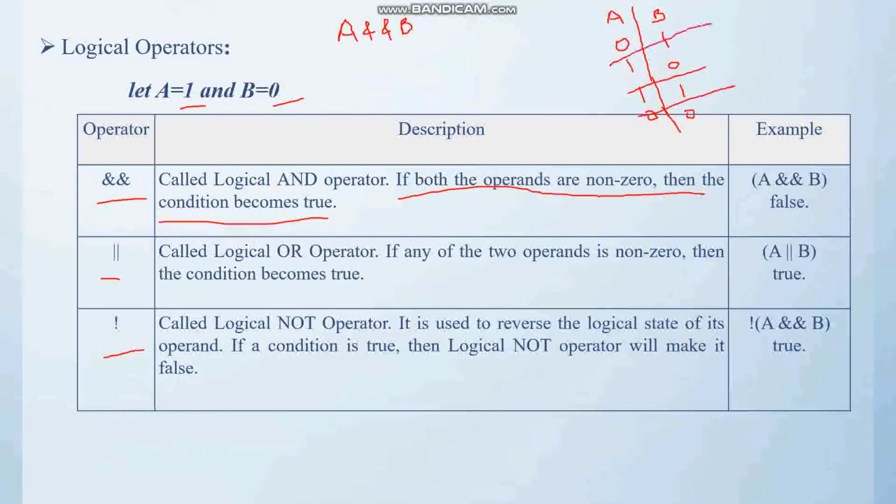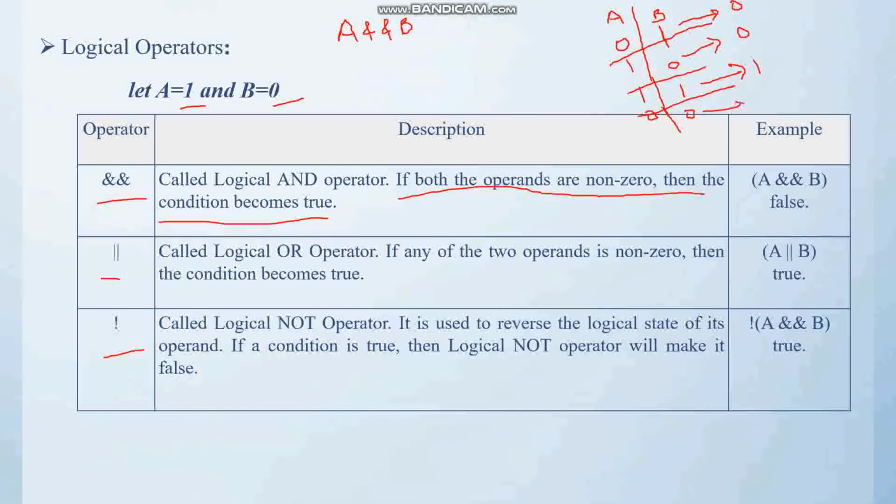It generates 1 when both operands are non-zero. In the first case, are both operands non-zero? No, one operand is 0, so it will generate 0. In this case, are both operands non-zero? No, so it will generate 0. In this case, yes, both operands are non-zero, so it will generate 1.